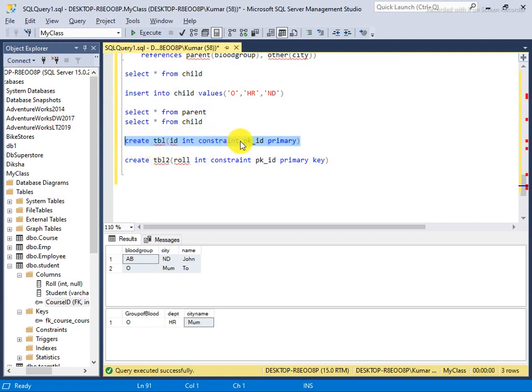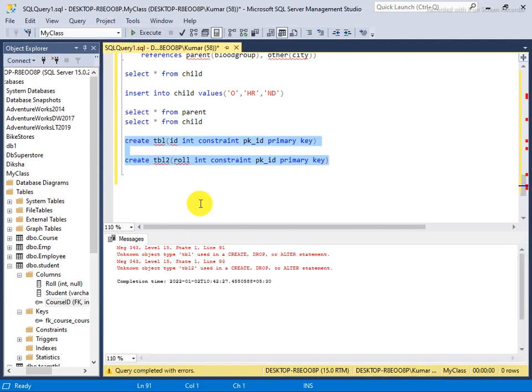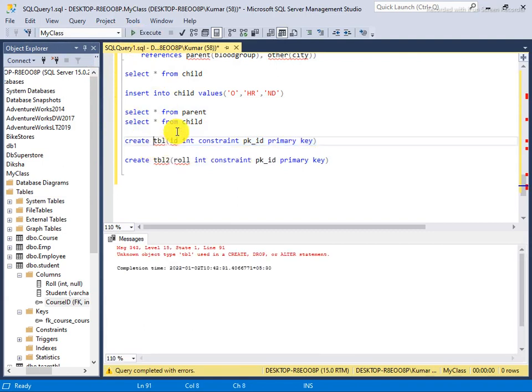Sorry, I made a mistake again. I execute it one by one. Create table, oh sorry.